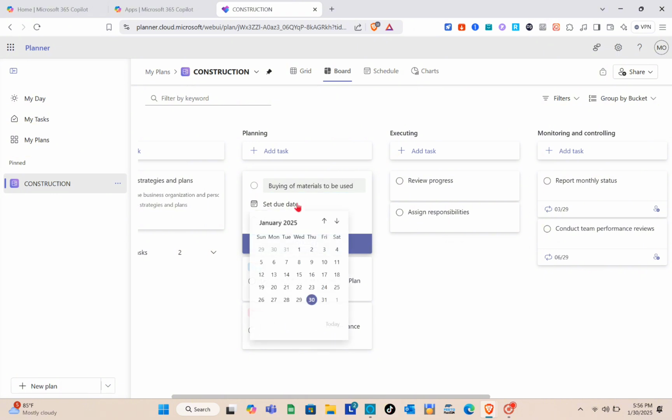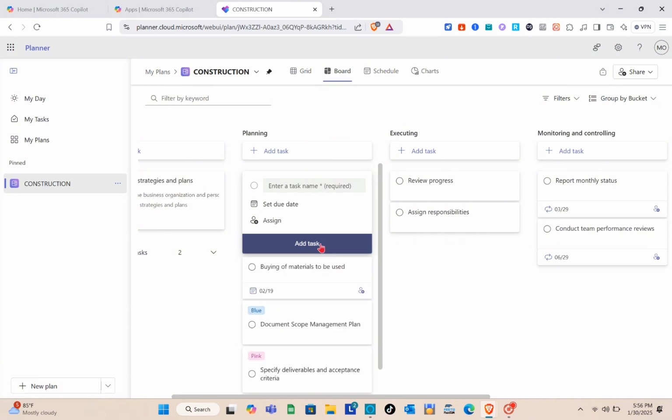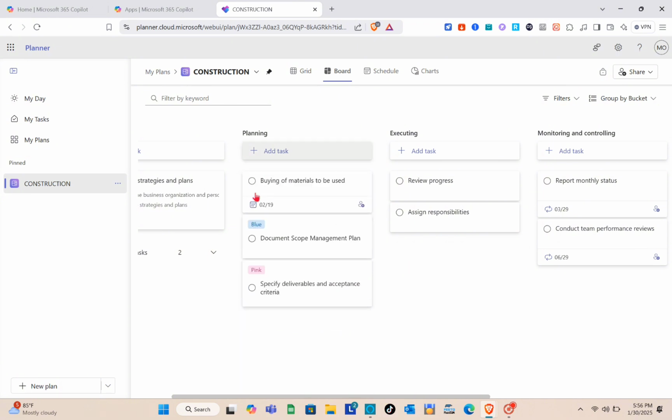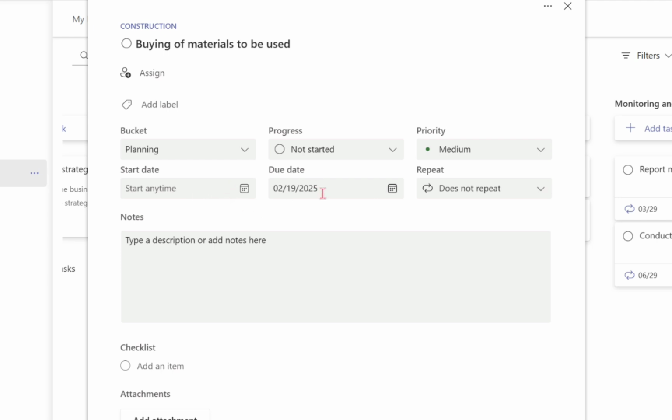So of course, I'm just going to assign it to myself for now. And of course, do not forget the date. Okay, so that would be the due date. And of course, you can also add tags for this task. So to do that, you just have to simply click on the task that you have created, and here is